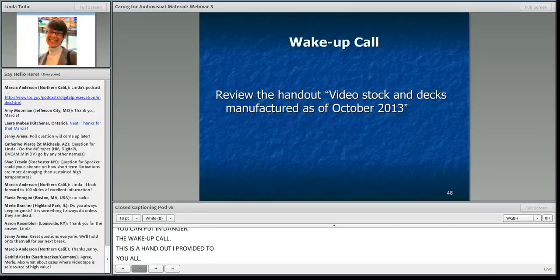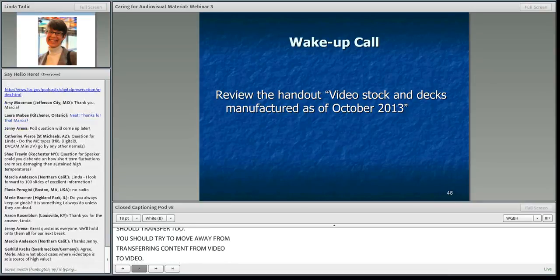Now this chart is not meant to tell you that these are the formats you should be transferring to, because you really should try to move away from transferring content from video to video. But look on the right part of the sheet where it lists the decks which are being manufactured, and I have a column there for combo units.